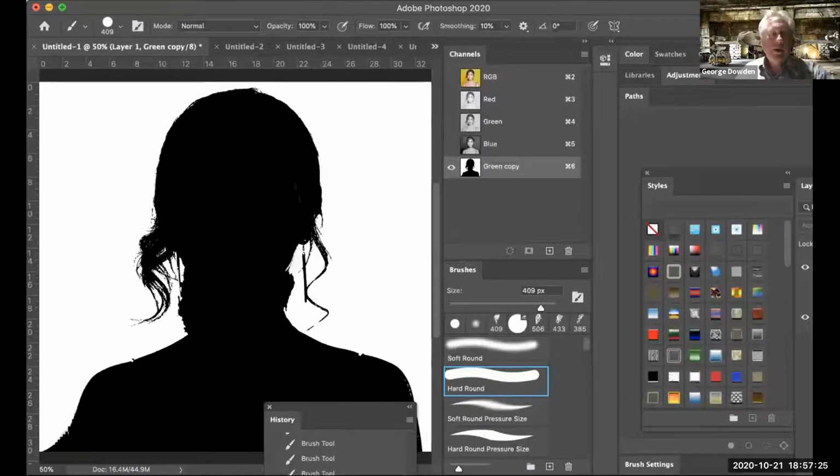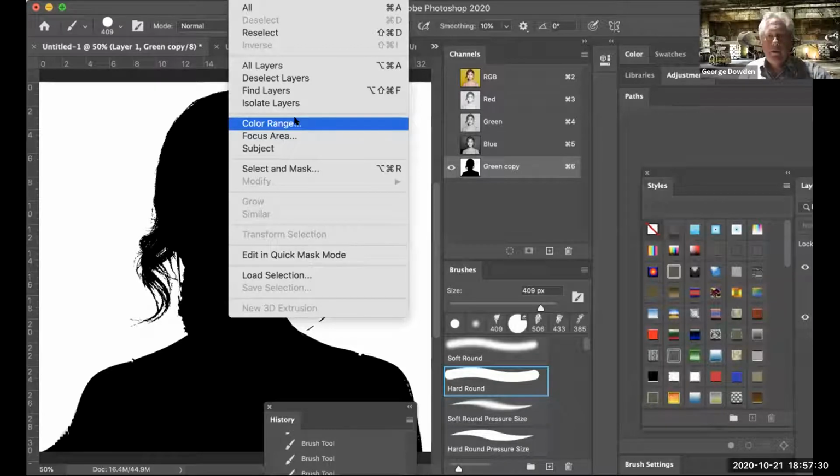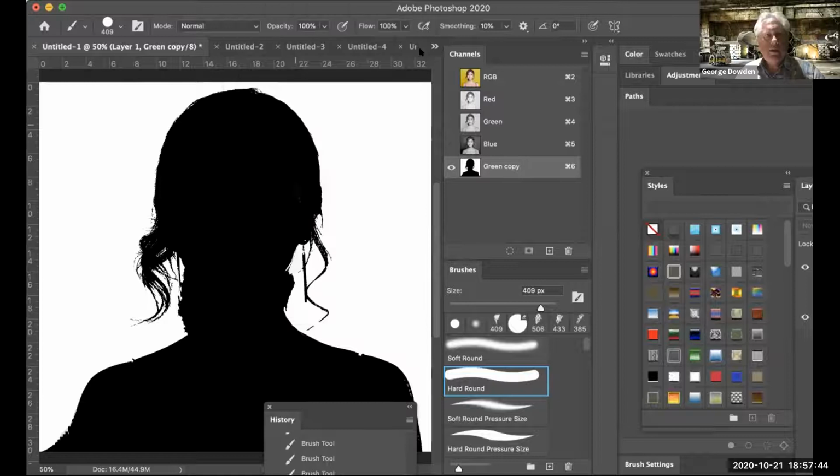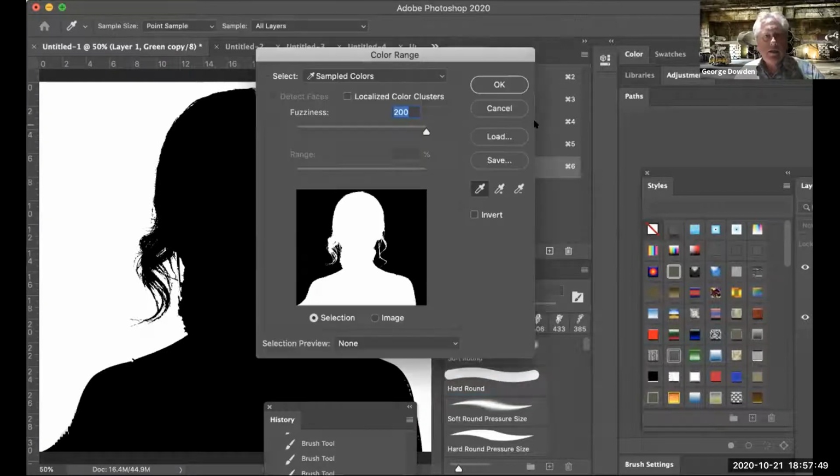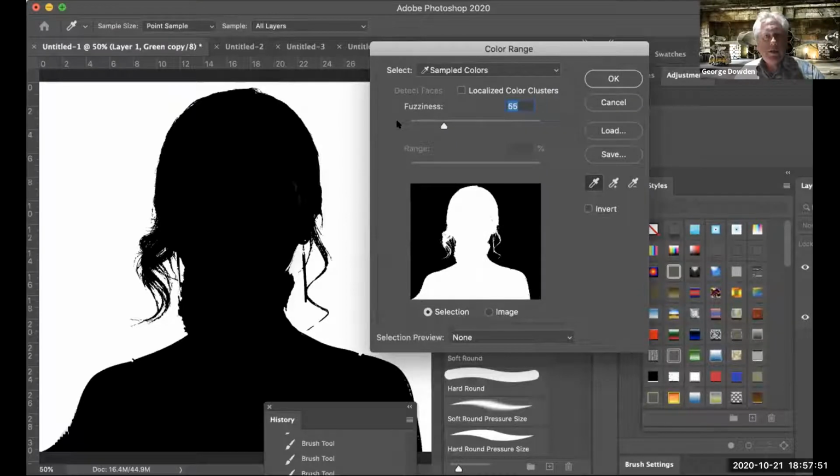And the way I do that is go to Select, Color Range. This selection allows me to select a color in my picture, and it will select every part of that color that I click on. So when I select the color range box, you'll see this box show up. And the fuzziness slider,